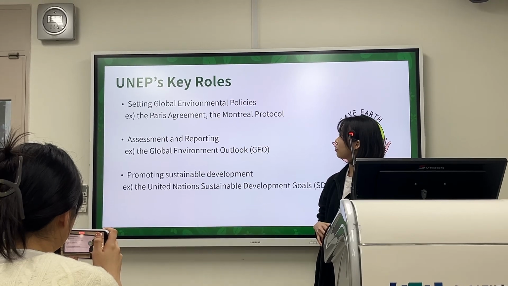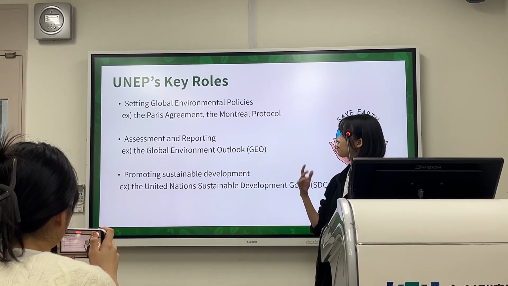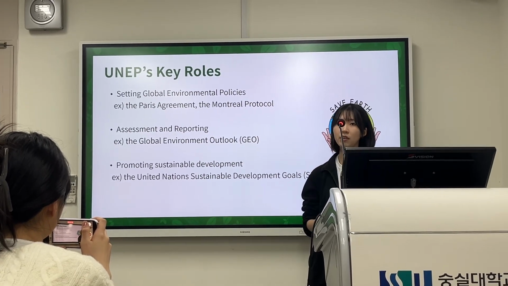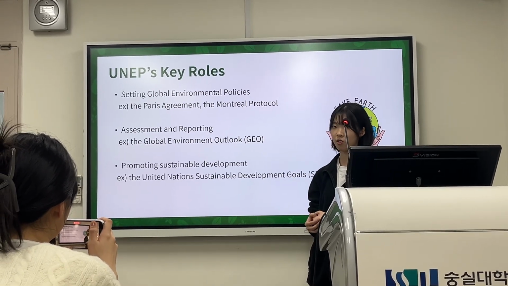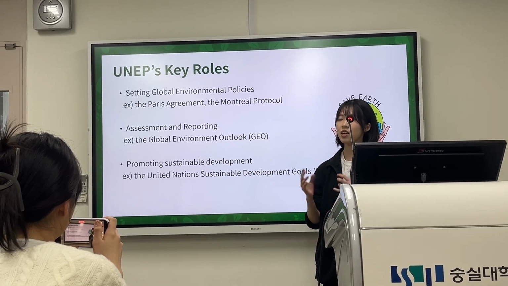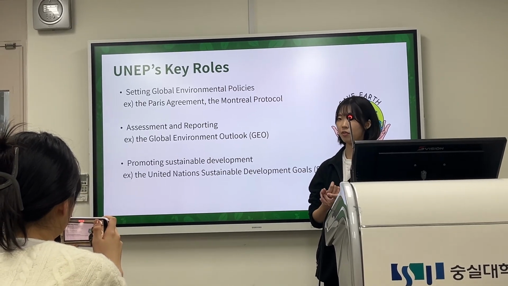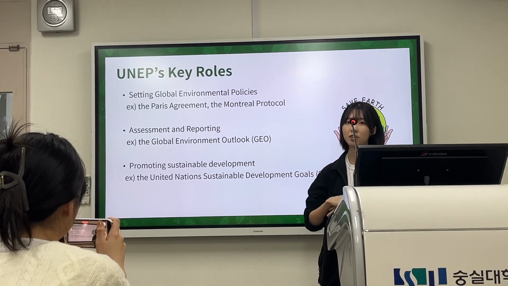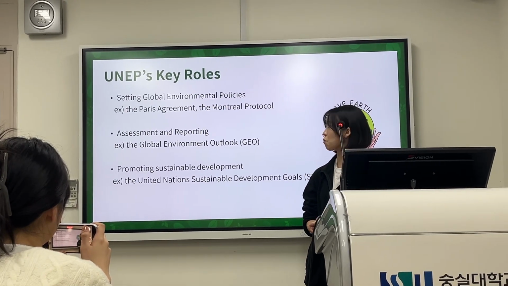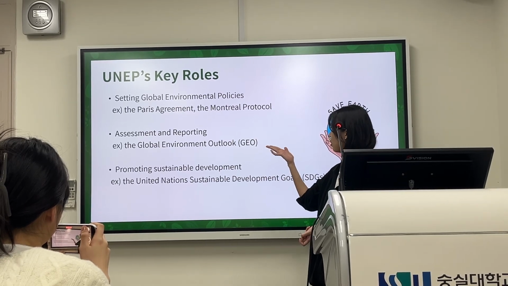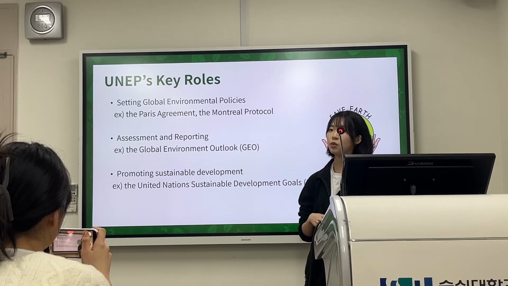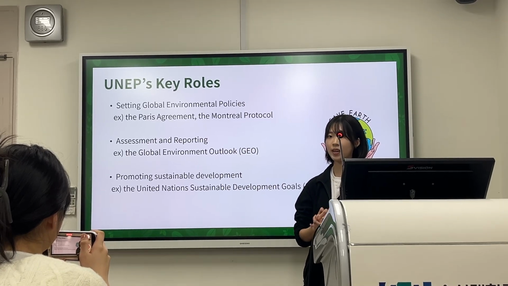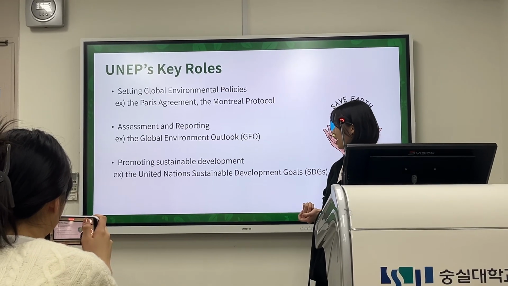Let's take a look at UNEP's key roles. First, they set global environment policies such as the Paris Agreement or the Montreal Protocol. These agreements contain global cooperation. Second, they assess and report on the state of environment, such as the Global Environment Outlook. It provides valuable data for evidence-based decision making. Lastly, they promote